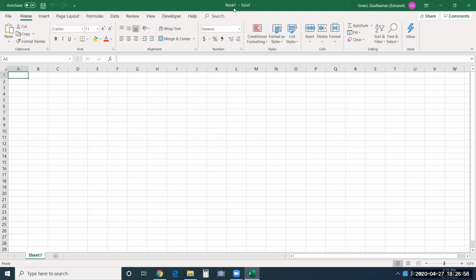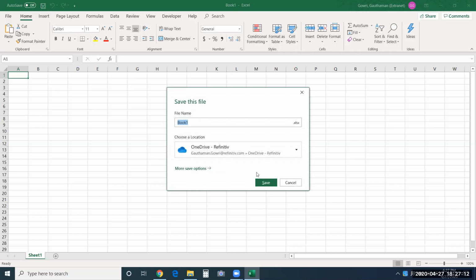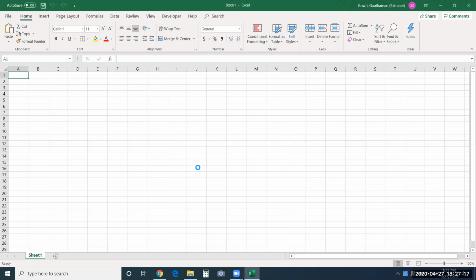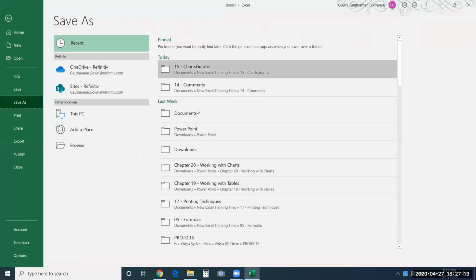Now we haven't saved this workbook, so it displays as Book 1. That's the default name the book takes. As soon as you create a new blank workbook, this is the name it takes. Now if I save it, I'll go to save. Again it gives you a lot of options for where you have to save. All those things will be appearing over here. I'll come back to this backstage view later.